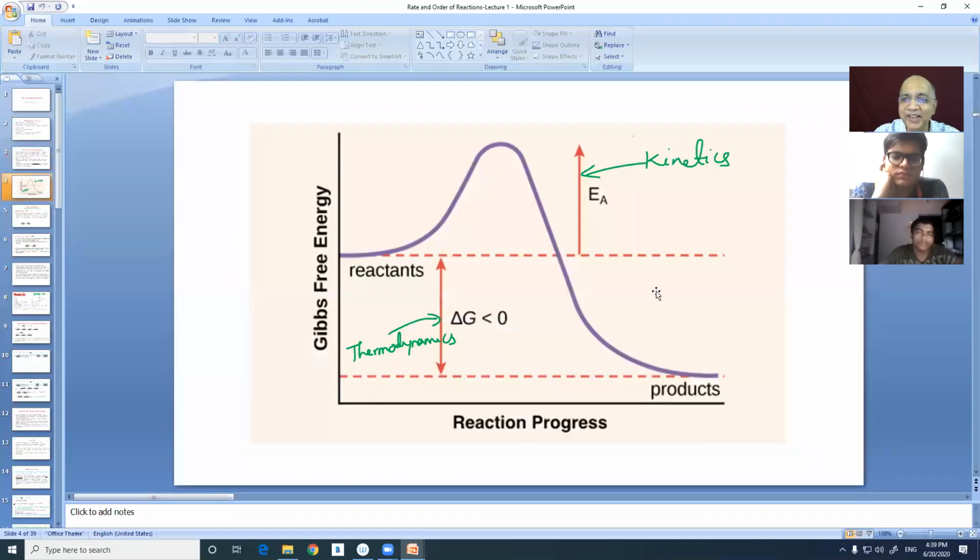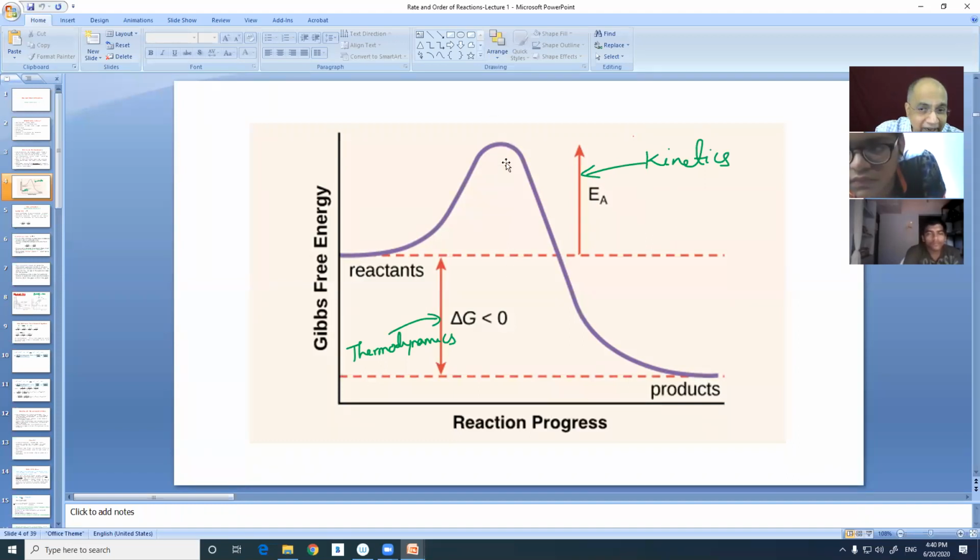Now, have a look. Kinetics deals with this portion, the activation energy. But thermodynamics deals with this portion. Mind you, this is G, that means H and entropy taken together. This is not enthalpy, it is the change. This is the free energy axis and this is the time axis. So delta G negative means it is a feasible process. If the graph had stopped here, then it is an infeasible process. So the delta G, the lower part, talks about thermodynamics, but this part talks about kinetics.